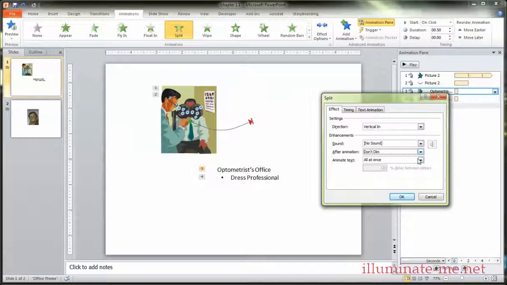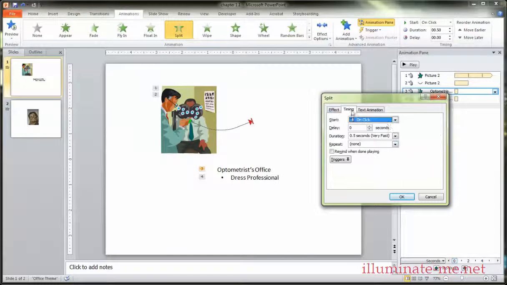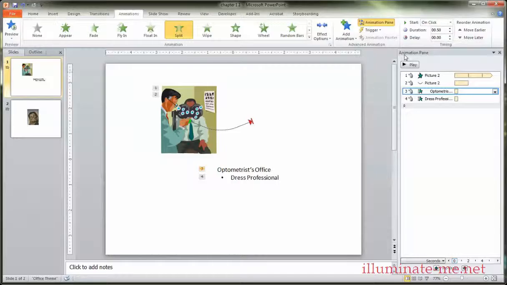Animate text allows you to animate the text one word or one letter at a time, setting the percentage delay between the animation of each word or letter. The timing tab, which is similar to the timing group on the animations tab of the ribbon,